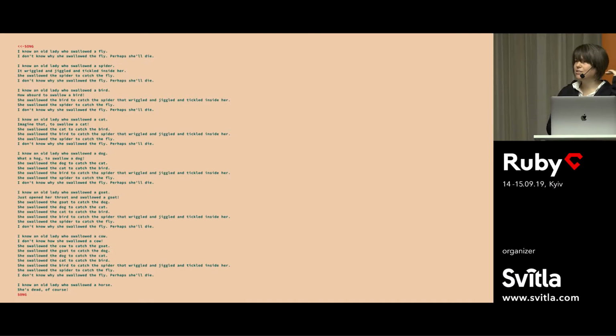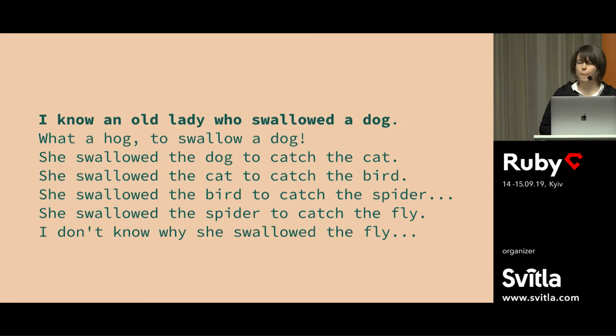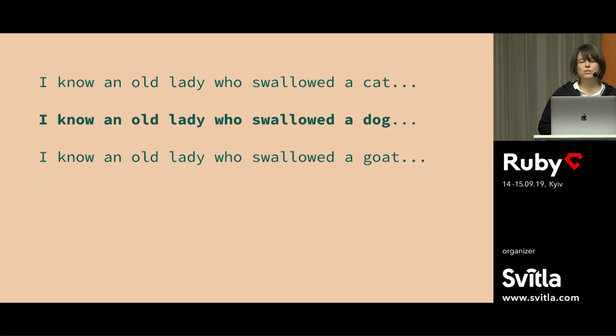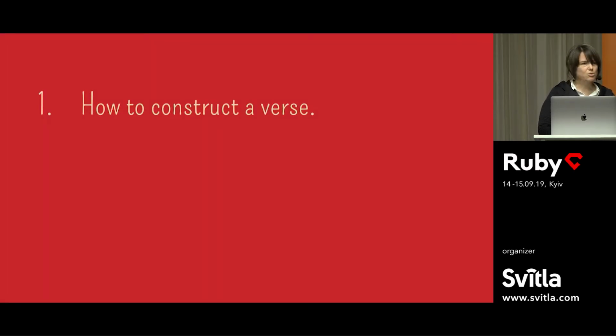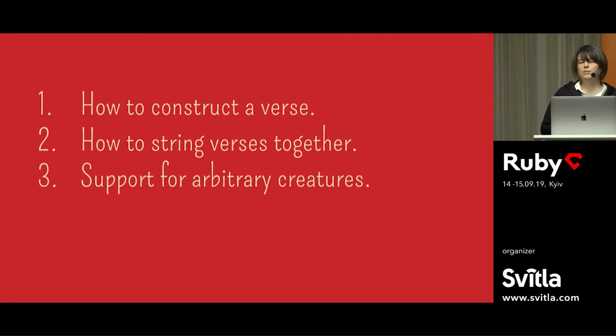At a very high level, this algorithm that we can't see is doing a couple of things. It tells us how to construct a verse, and it also tells us how to string those verses together. So that's not a very fine-grained way of looking at it, but it does help break the problem down into a task that is a little bit more manageable. So first, we're going to deal with individual verses, and then we're going to look at how to string them together in the right order. And then once that's done, it should be fairly easy to see what needs to be done to add support